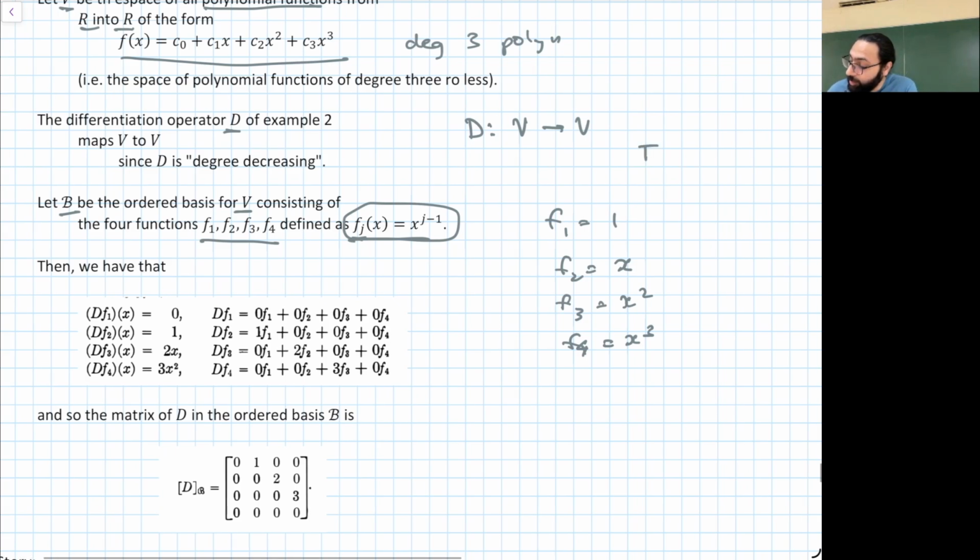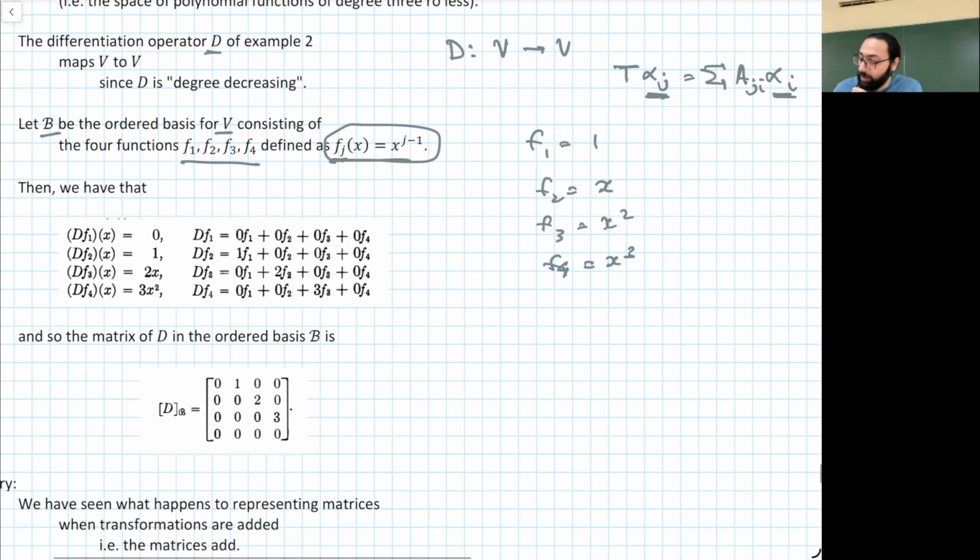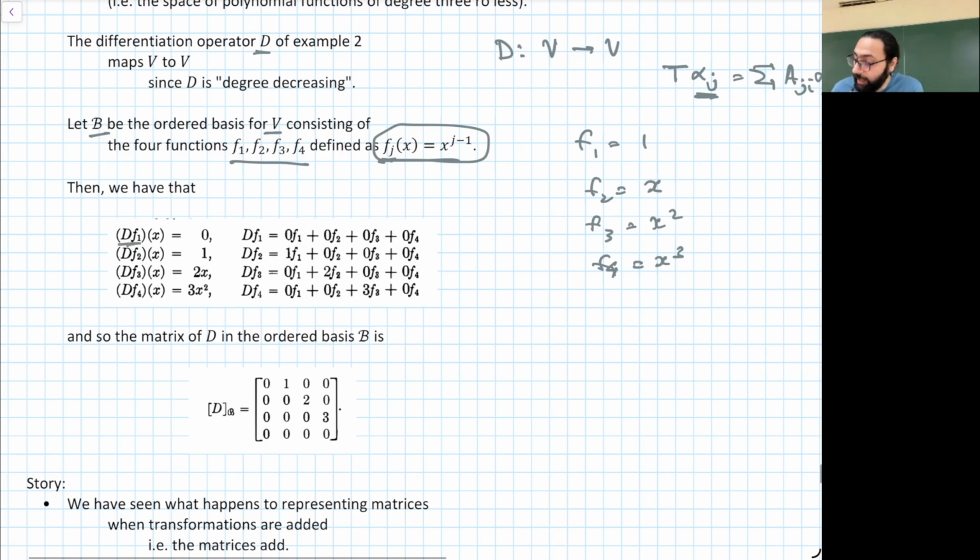So the procedure was that you apply T on alpha j, the operator T, and you write it as a linear combination of alphas, right? So alpha here is just the basis. So we're going to basically write it down. So df1, the differentiation of f1, what is that? Differentiation of f2 is,